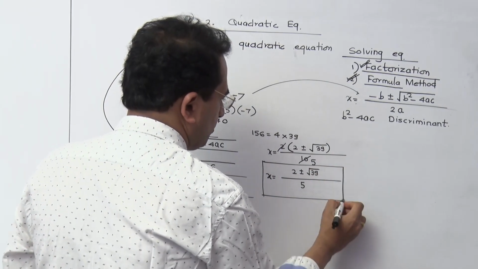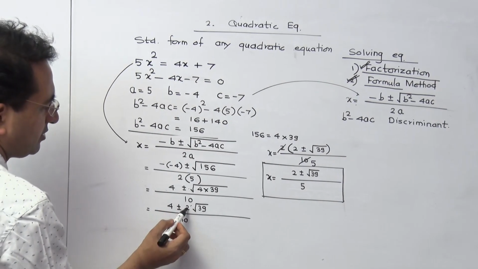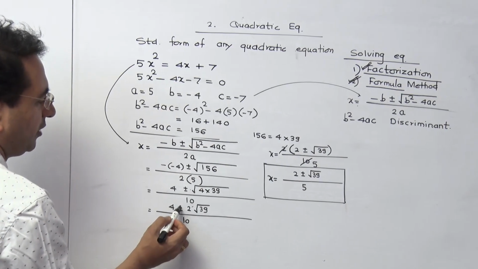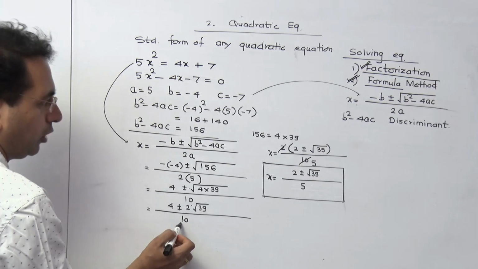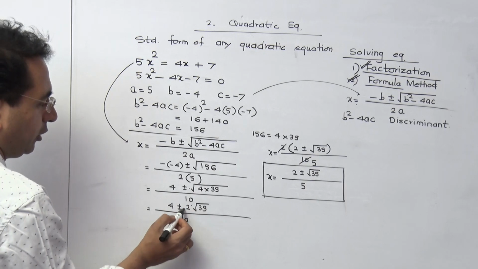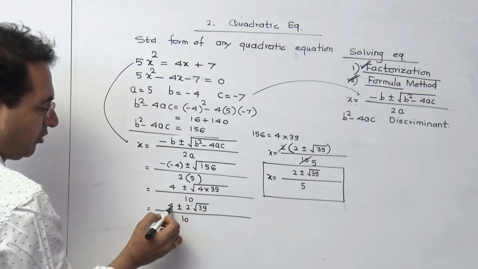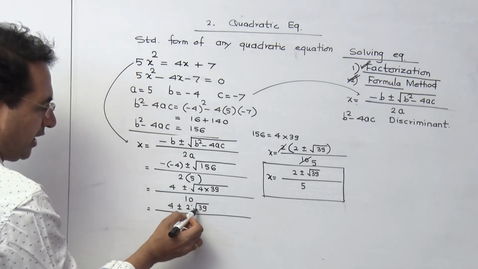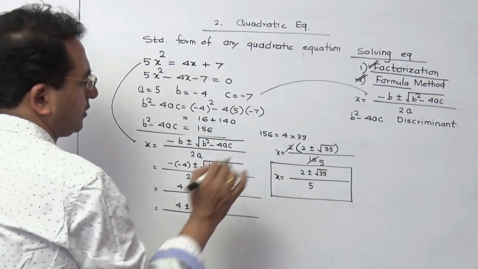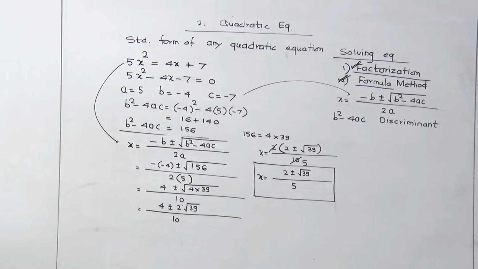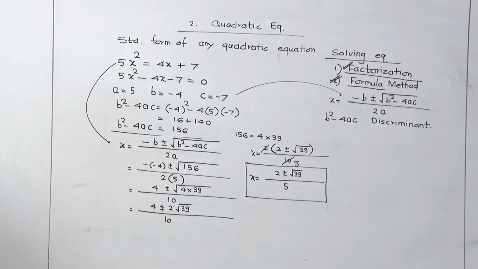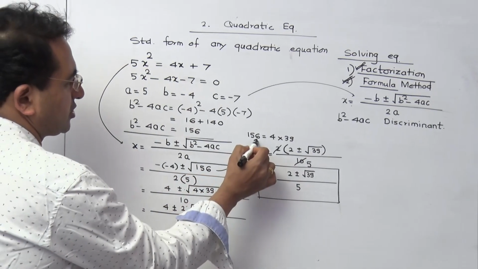I have taken this question purposely to explain to you. There are many students who take this cancellation and they write the answer 4 plus or minus root 39 upon 5, which is wrong. Please keep this in mind that there is not only one number available. There are 2 numbers, so the division is for both. That's why 2 is taken common, then do the cancellation with this number 10 to get this answer. I hope this is clear to you. This is one of the important questions in the textbook, because you are getting some number which is still factorizable like this.